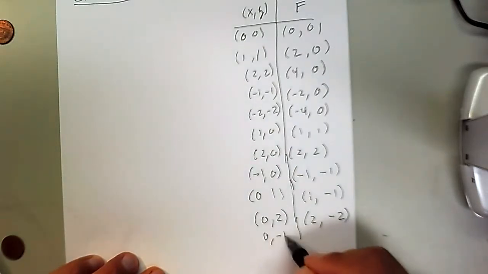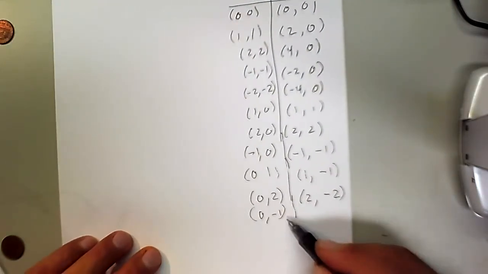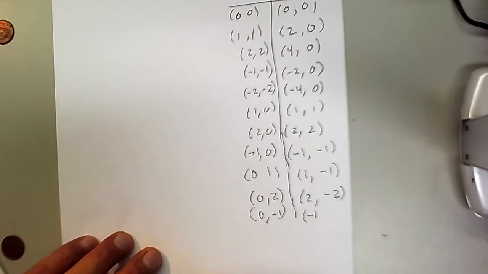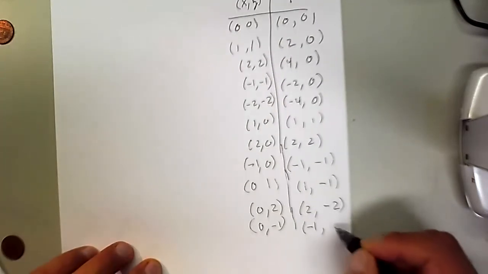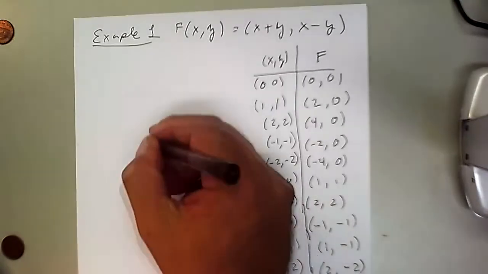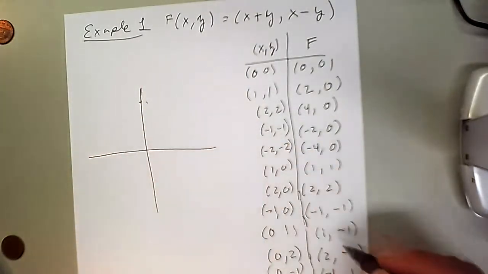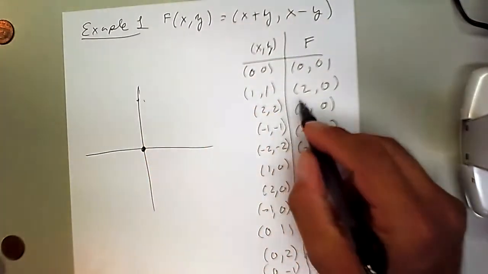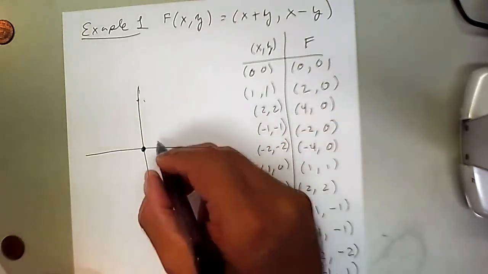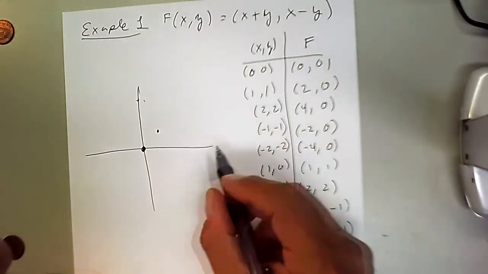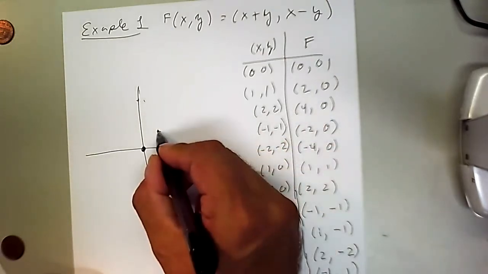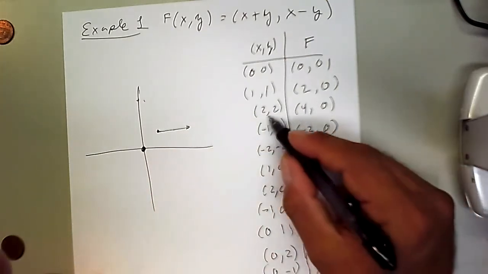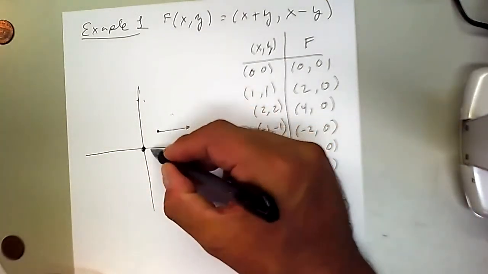How about 0, -1? So we have 0 plus -1, so that's still -1, and 0 minus -1, so that's 1, and so forth. So you can do as many as you want to start understanding. So the shape, the graph of this, so 0, 0. Now, if you got 1, 1, you get 2. So at this point, 1, 1, you have this vector, 1, 2. So we got a vector that is reasonably long. 2, 2, which would be about